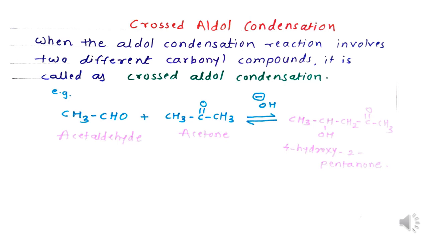So this is all about the aldol condensation reaction. The point to remember is that aldehydes or ketones taking part in the reaction must have the alpha hydrogens. So that is the condition for this reaction. And in presence of base, they give the beta hydroxy aldehyde. That is the final product. So these are the points actually you have to remember. So this is all about the aldol condensation reaction.